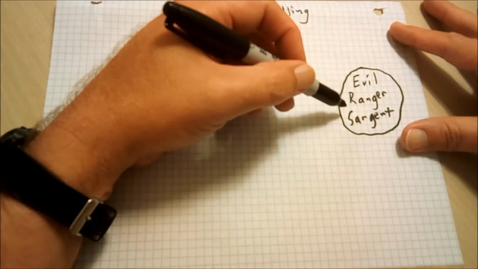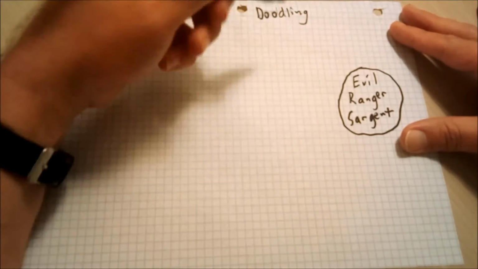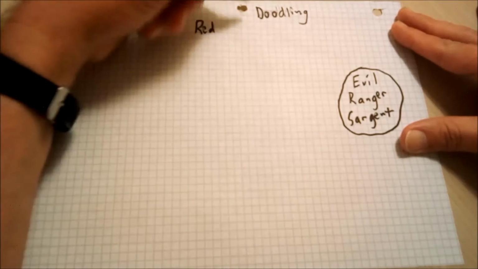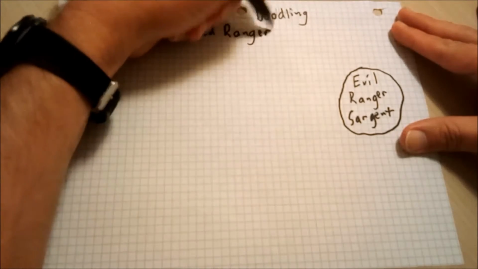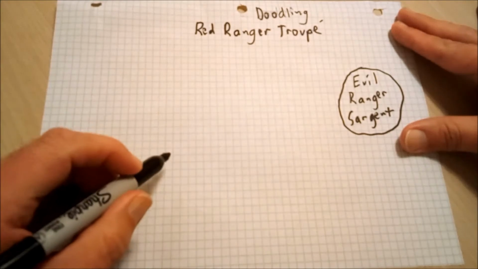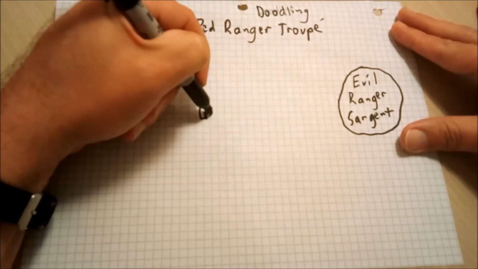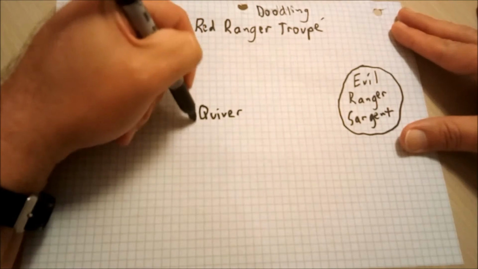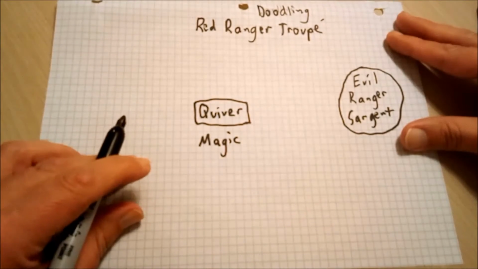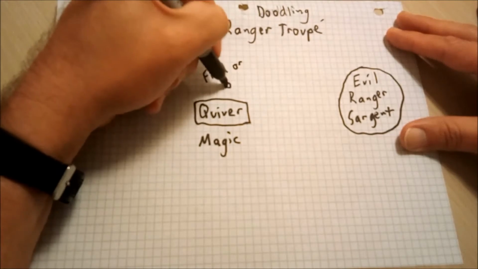Now, what are my party going to need to defeat the evil ranger sergeant? And while I'm thinking about it, he's going to be the sergeant of the Red Ranger Troop. Now, I've spelled troop the old time way as well. And to my thinking, they're going to need a quiver. It may be magic. They need to find it or buy it from somebody